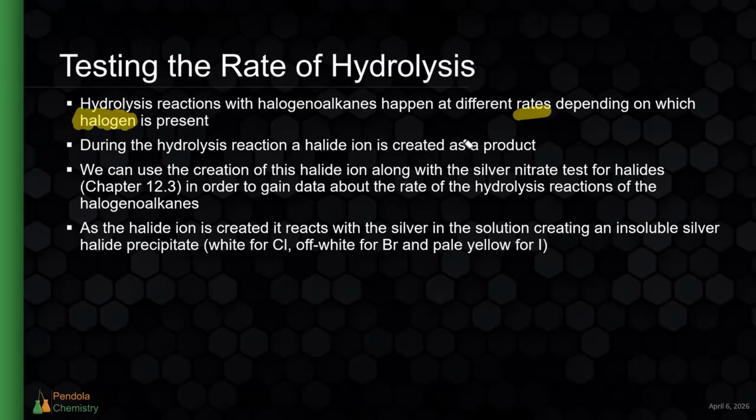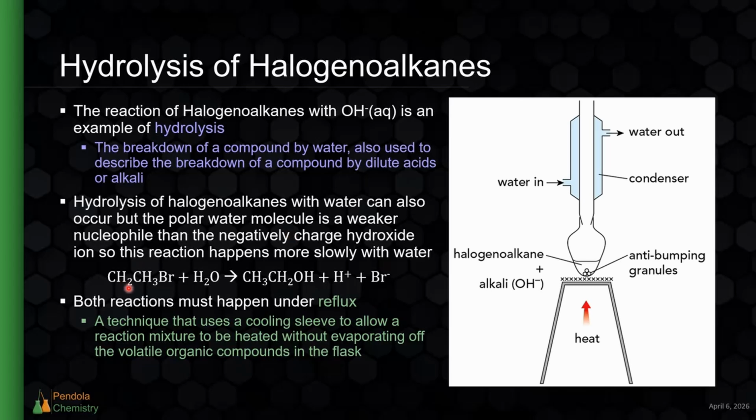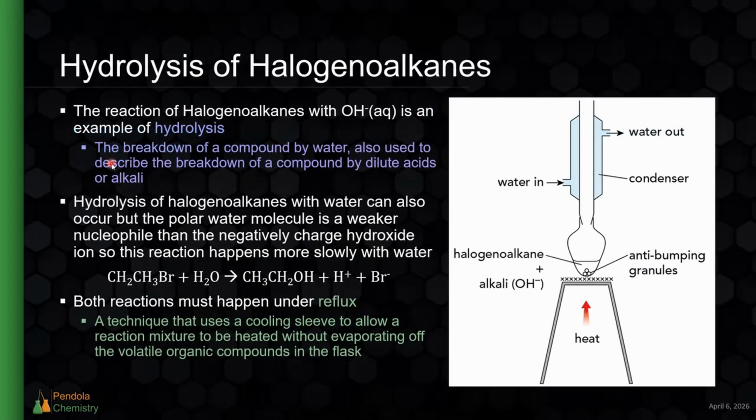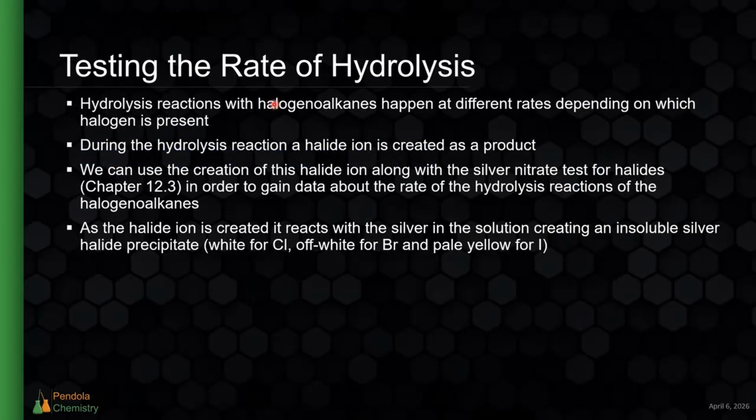During the hydrolysis reaction, you might have noticed that a halide ion is made. So if I go back, whether I use water, where I make a bromide ion in this case, or whether I use a hydroxide, an alkali, and again, I'm making that halide ion, that Br minus, I'm going to make a halide ion during the hydrolysis of halogenoalkanes. We can use that fact to figure out which halogen gives the quickest reactions, which halogen has the fastest rate of hydrolysis reactions. And we can do this because in chapter 12, when we're studying halogens, we learn of the